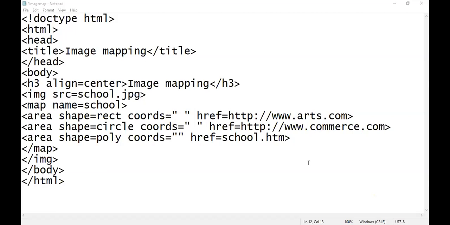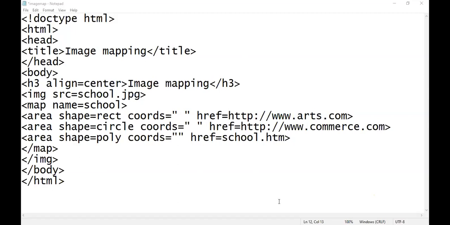Yes, Yogesh. Yes, exactly. Use map attribute. I took a perfect name. So Yogesh, you are right. We missed the usemap attribute.